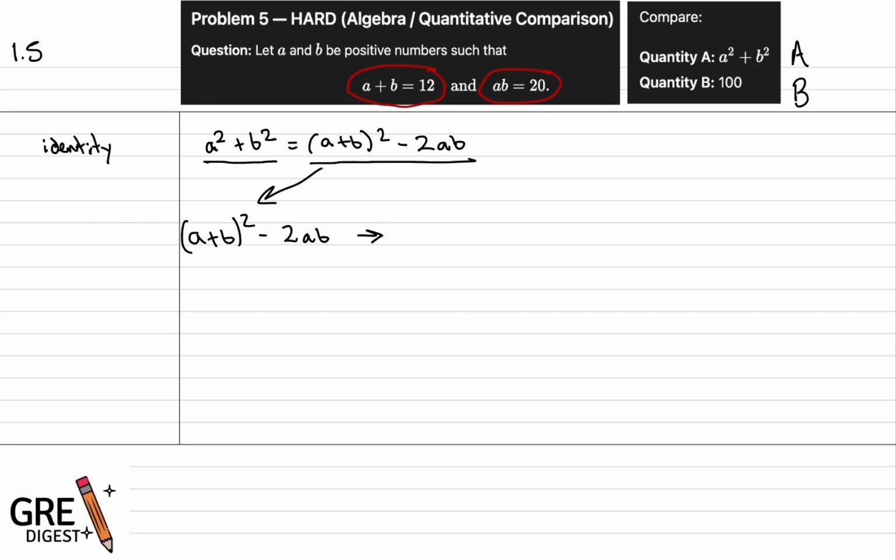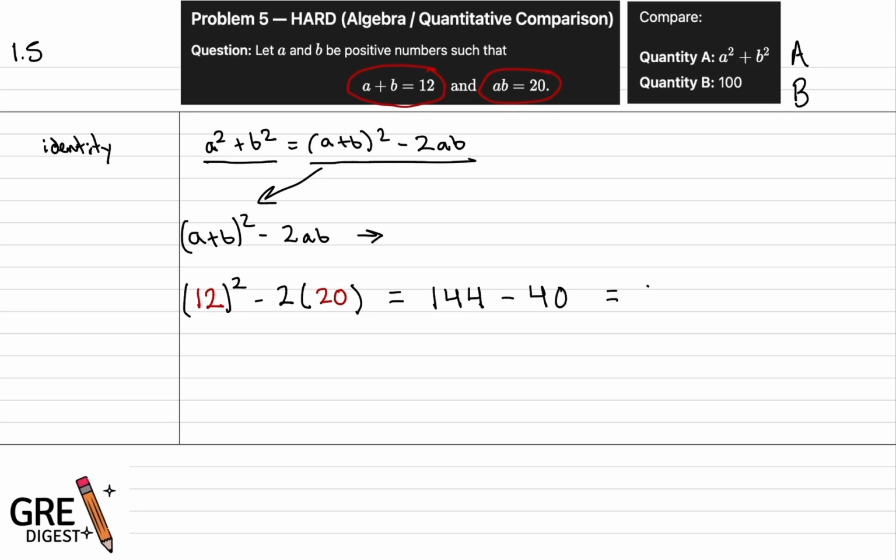We will plug the 12 here and square it. Minus 2 and plug in this ab, which is 20. And that's going to give us an answer of 144 minus 40,